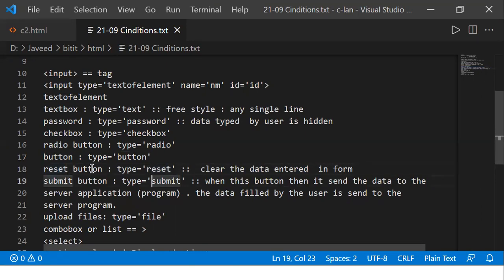Generally, these submit buttons allow the user to type the data. Sorry, in the form design you've done, you type the data, and then when I click on the submit button, the data that I have typed in my form will be given to the server application. Remember, when I'm clicking on a normal button, the data is not submitted to the server side program.